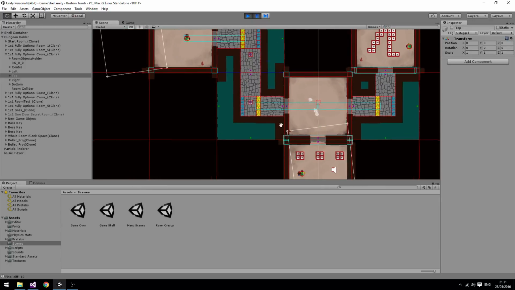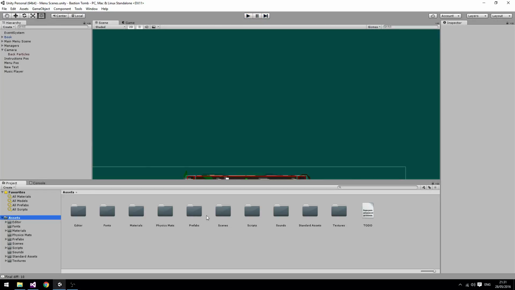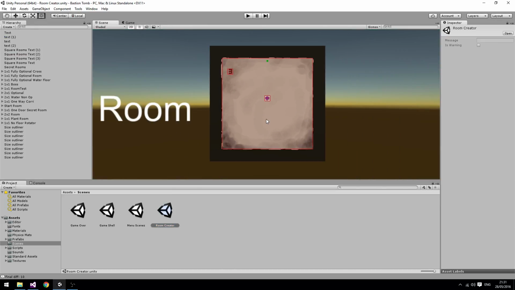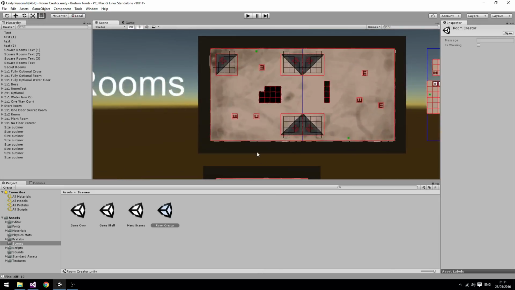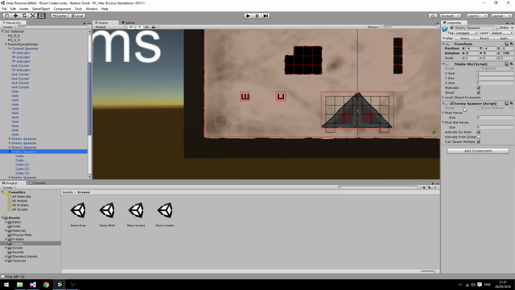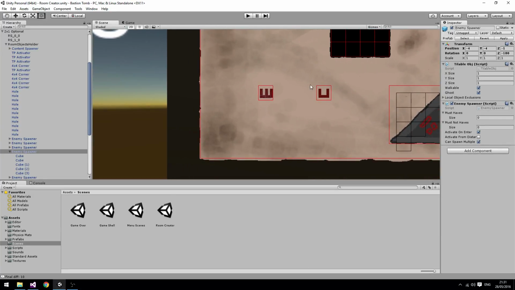The item spawning system, if I just go to the room editor, I can show you the way the enemy spawning system works. Now of course there aren't themes, which is what it really needs. Each room needs a theme really, but this is just a vertical slice and there aren't enough enemies to show the themes well enough. But there are tags that you can put on the spawners,